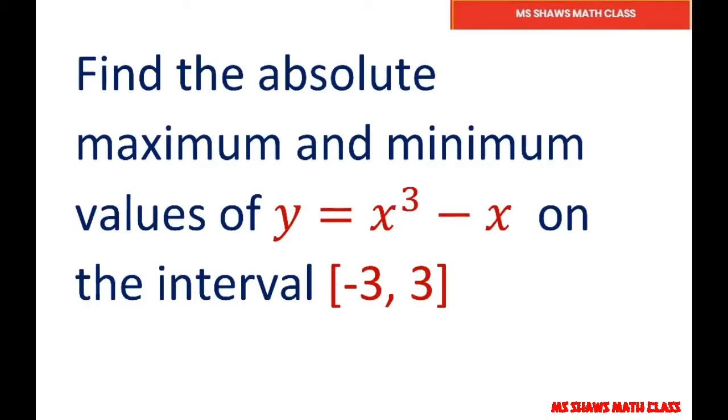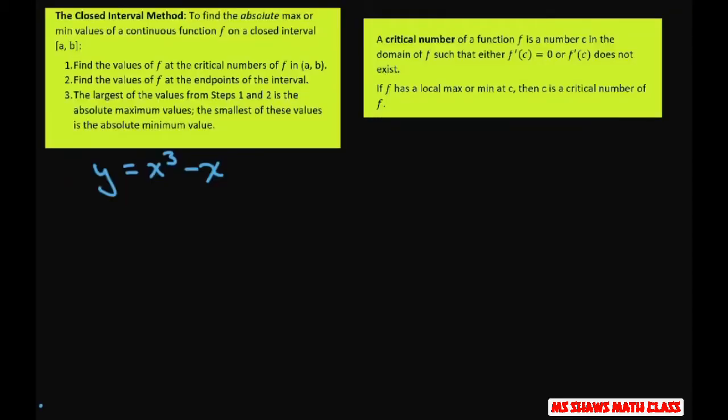Everyone, we're going to find the absolute maximum and minimum values of y equals x cubed minus x on the closed interval -3 to 3. So we're going to use the closed interval method, and first we want to do step 1, which is find the values of f at the critical numbers of f in the open interval. And the way you do that is